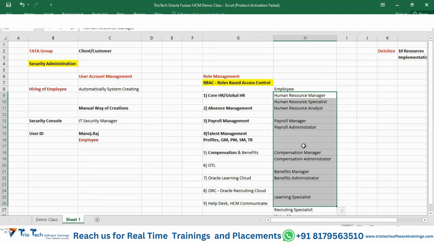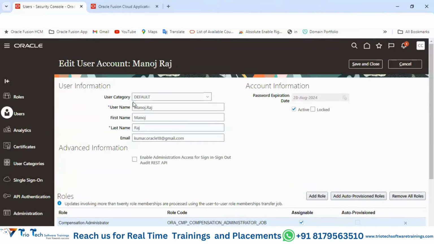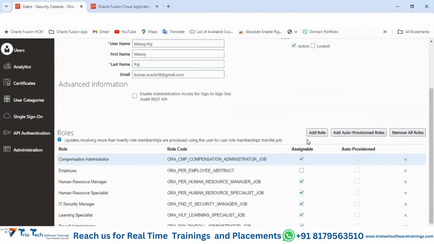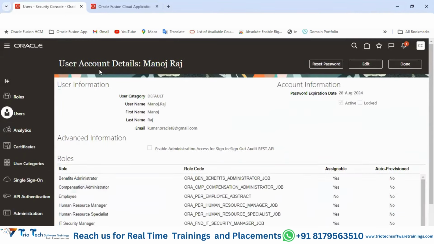During that time, I will talk about this auto provisioning concept, how to auto assign the roles and all. But as of now, I hope in today's class, everyone understood how to create the user account manually in the system. Okay. How to create the user accounts manually in the system and how to add the roles to the user. Then, team, if you want to further update anything, if you want to reset the password of this user,